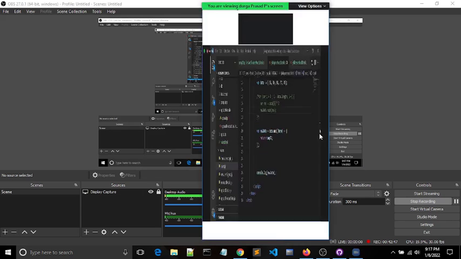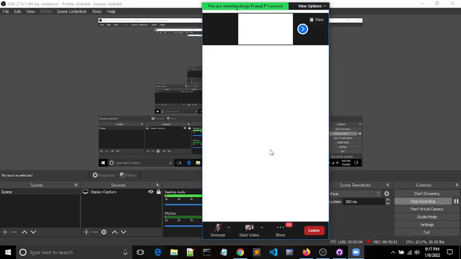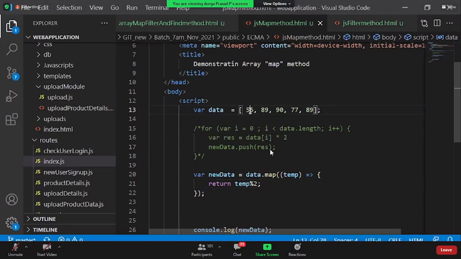Now I'm applying this temp modulus 2. If you have 5 values, obviously the map will give you 5 values. Yes or no? Got the difference? Yes, sir. Good.